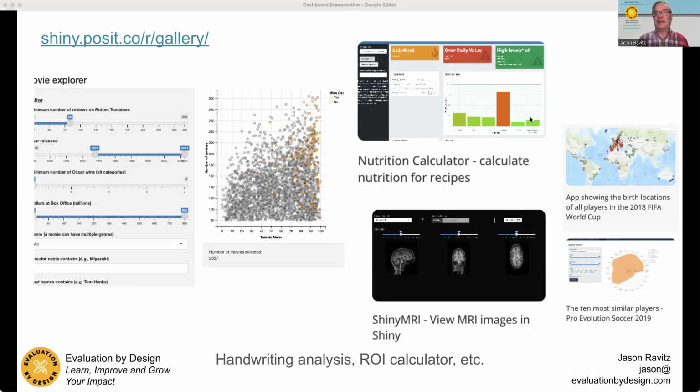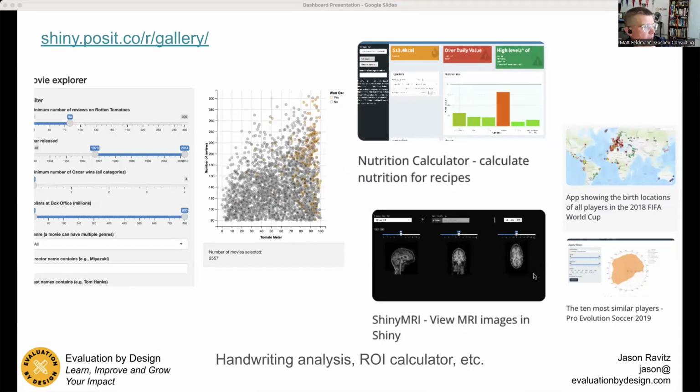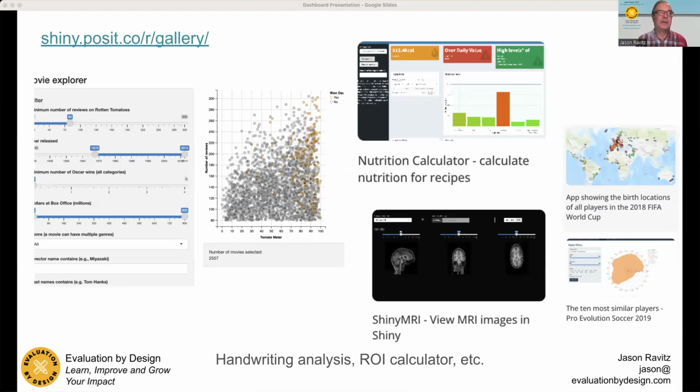If you're still on, Becky, you can look at MRIs, you can look at maps and sports, and I saw handwriting analysis and ROI. Was there a social networking analysis on that previous screen? Did I see that as a little icon on the right-hand side? One back. This one? Yeah, it says network in purple. Second from the bottom row. Nice. I don't think there's anything you can't do. I think R and Python seem to be, for data scientists, duking it out for top tools.